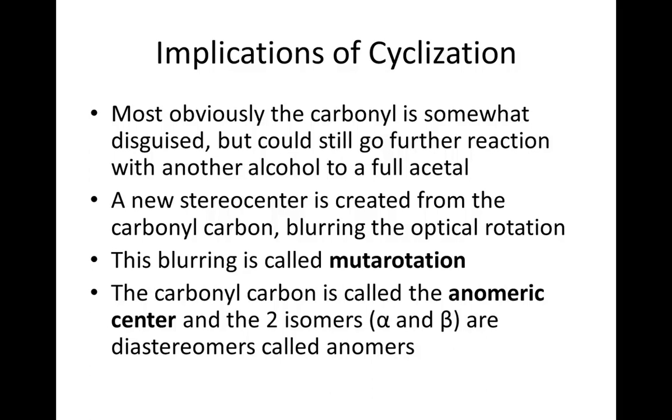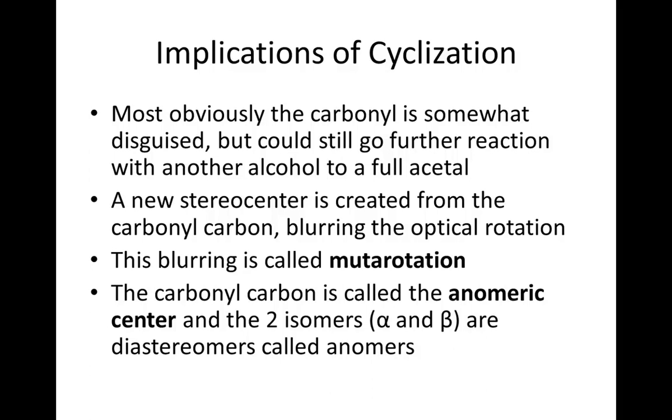Because remember, it could make either the alpha or the beta stereocenter there at that point. In other words, the nucleophile, which is the oxygen, could come from the top or the bottom. And because you've got a mixture there, it blurs the optical activity. The other ones are still the same, but it still makes it kind of fuzzy at that point. And so that blurring of the optical rotation is called mutarotation. And it's a rapid equilibrium, so it's kind of opening and closing. And so instead of looking at it in solution and seeing a sharp line for whatever its optical activity is,